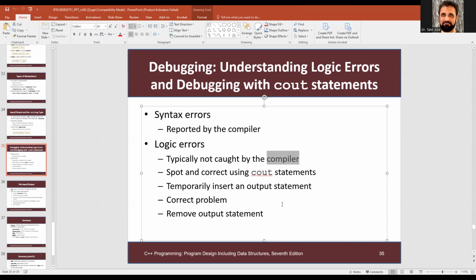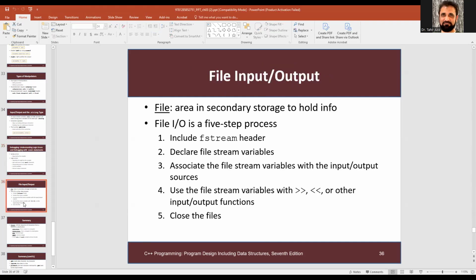So those are the harder to find, and that's why it is very highly recommended you test your program over and over again just to ensure logically the program is working as expected. The third type of error is not highlighted here. It is called a runtime error. Runtime error is not a syntax error or logical error, but something illegal happens during the execution and the program tends to crash at that time. So as a developer, you want to avoid all three types of errors